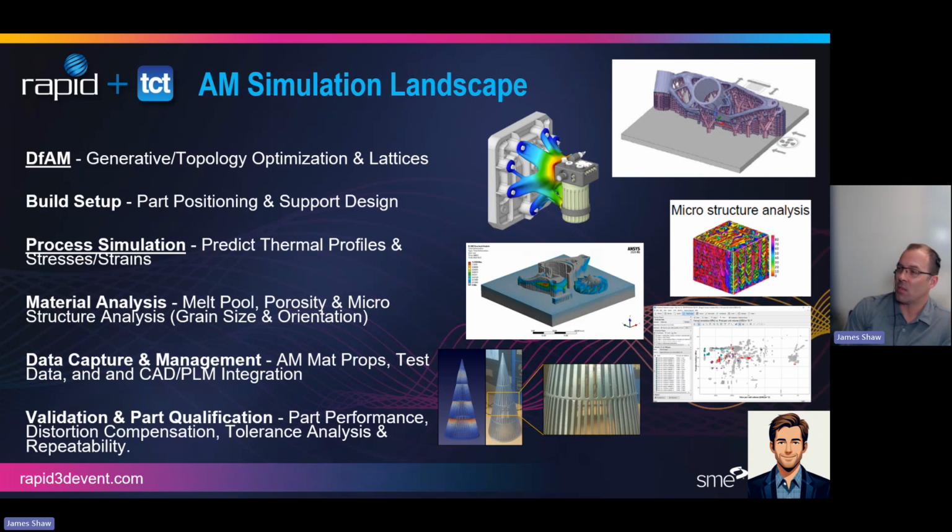The landscape of software, we kind of categorize it here in about 6 categories, right? So 6 different sub-disciplines. So the first one will be design for additive. And some of the key terms or technologies or software you might have heard of is generative design